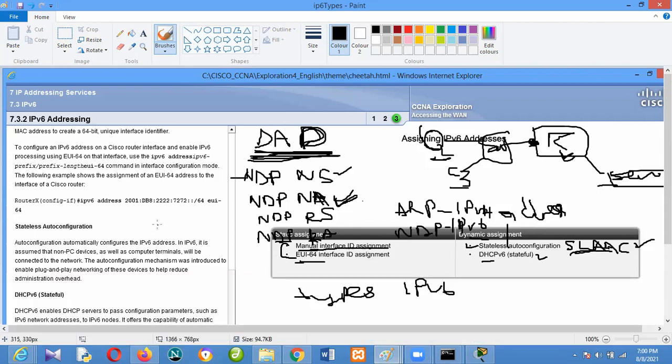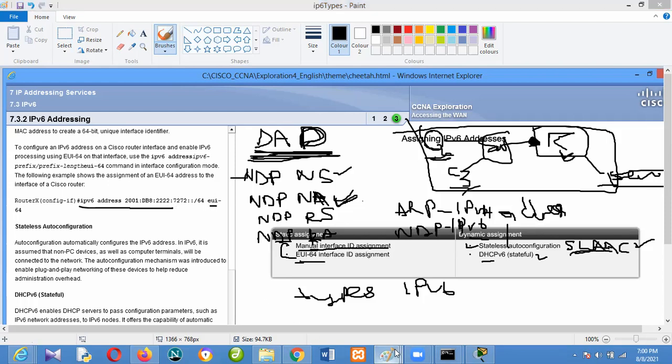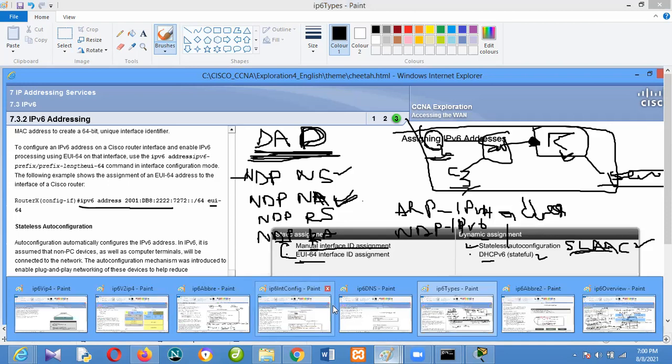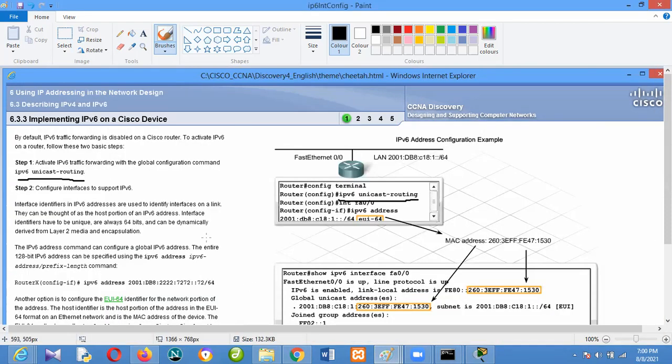If you want to configure a network like this, of course you have to give an IP address to your gateway, before giving IP addresses to their respective devices. So this is the command to give an IP address to your gateway. We always say ipv6 address. This one is for EUI, I'll talk about that later, not now. So let me get the better one.